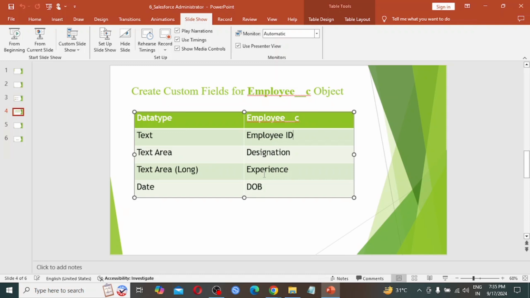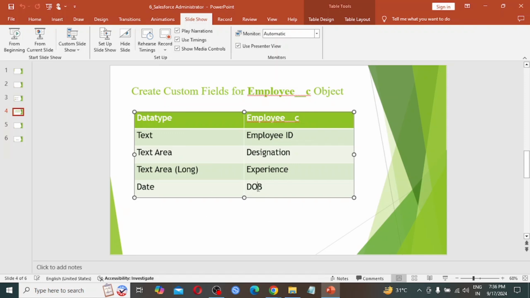Experience needs a long note to be written, so in that case we can't take number or boolean. The suggested data type for experience is text area long.